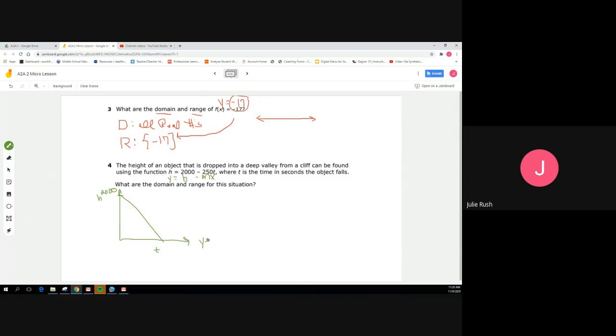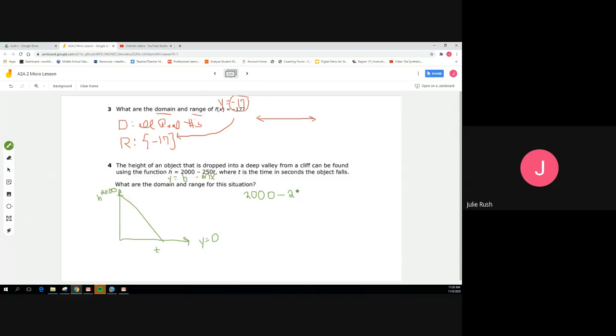And that's important for us to remember because sometimes they don't explicitly say that in a function, but anytime we're dropping an object, when it hits the ground or hits the x-axis, that's when your y value is equal to 0. And so what I'm going to do is take the equation that they gave me, and I can either solve it for 0, or I can type this into my calculator,